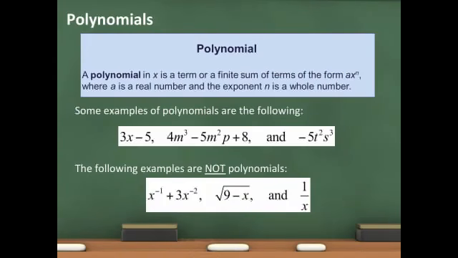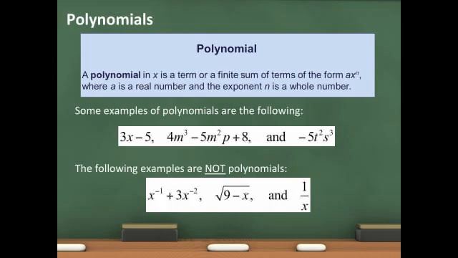First, let's define what is a polynomial. A polynomial in x is a term or a finite sum of terms of the form ax raised to the nth power, where a is a real number and the exponent n is a whole number. Some examples of polynomials are the following: 3x minus 5, 4m raised to the third power minus 5m raised to